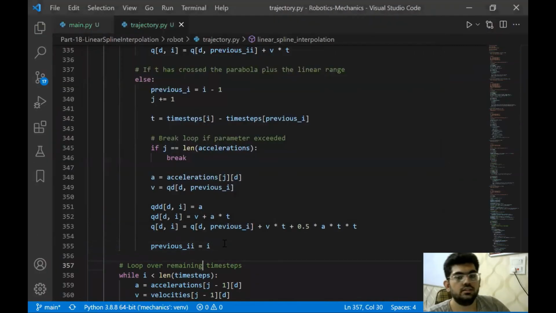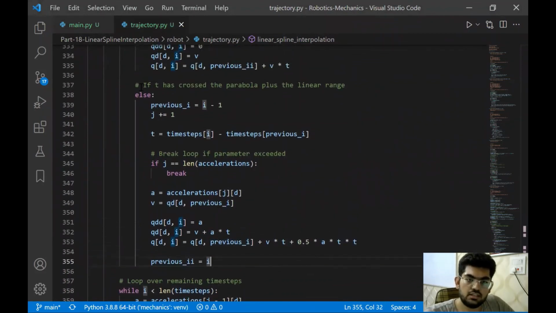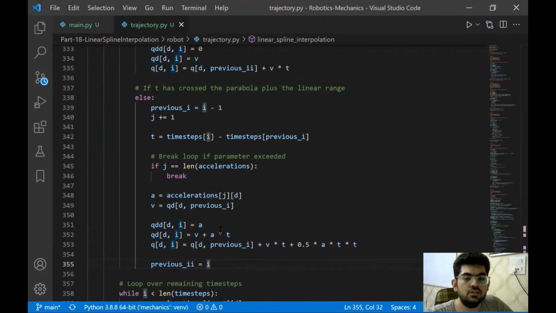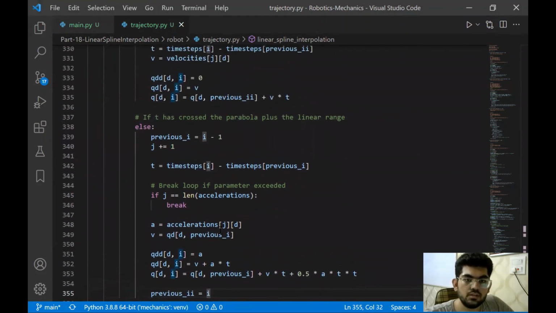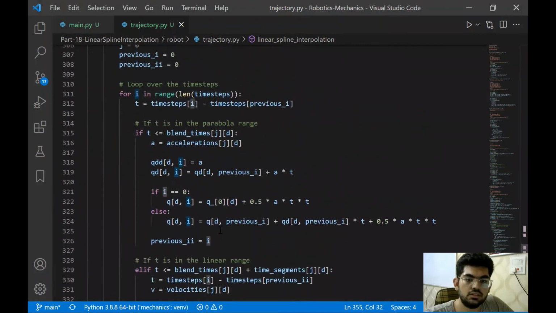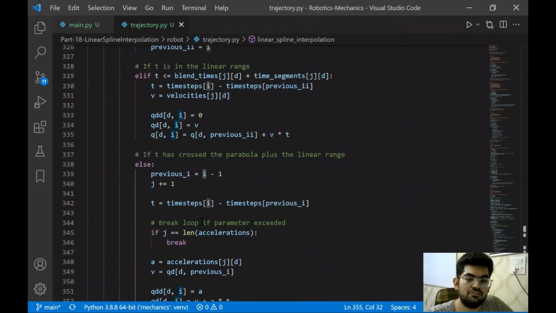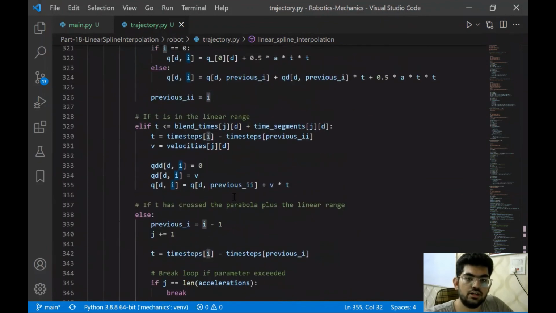All right, so there was a simple problem related to that. When we are in the third case where t has crossed the parabola and the linear region, we had to update the value of previous I as well. That was the simple reason. This should have been done because there might be some joint values immediately after this else that are going into this second case.